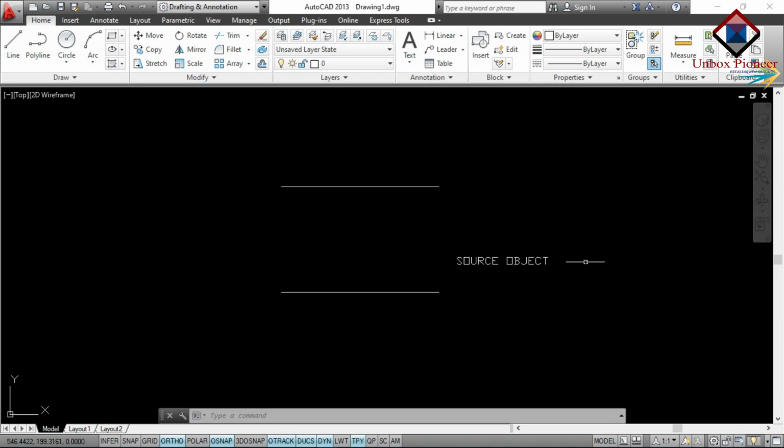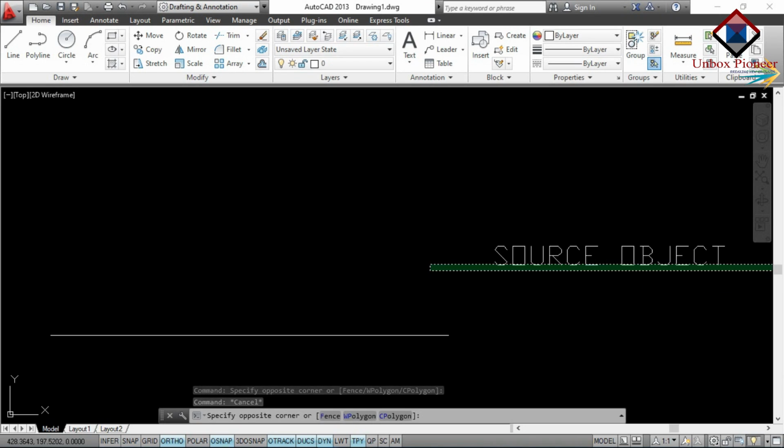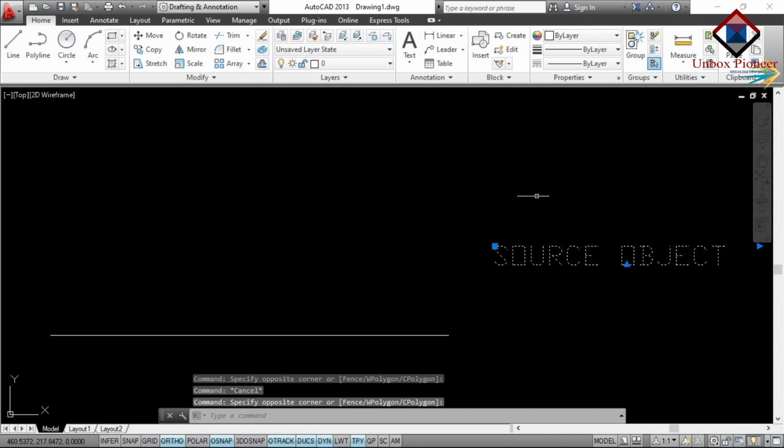Like, I just left click the mouse button and drag the mouse towards the left. So here you can see I have selected just this much, and the whole object has been selected, which is known as Window selection.